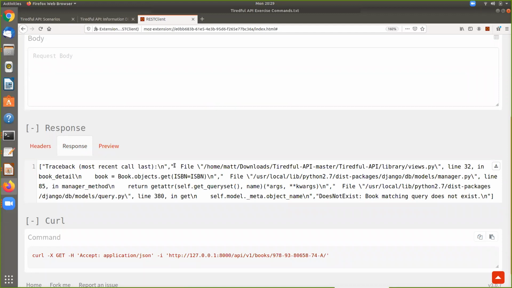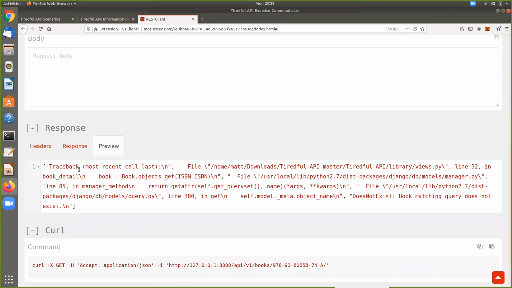This gets really interesting really fast. I'm going to click on preview here. But now all of a sudden, instead of getting ISBN results, we start getting some interesting information. So we start seeing the directory structure of where this thing is actually running from, which could be useful for things like traversal. And if we keep looking a little more, we start getting specific line details. This gets really interesting.